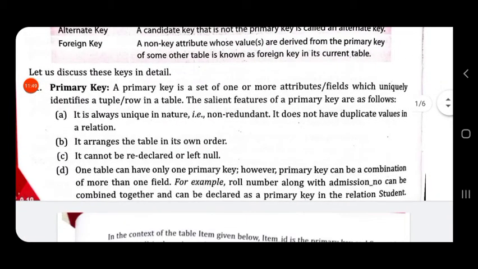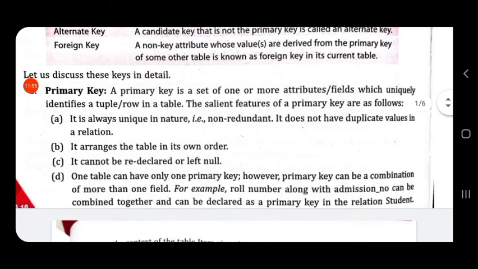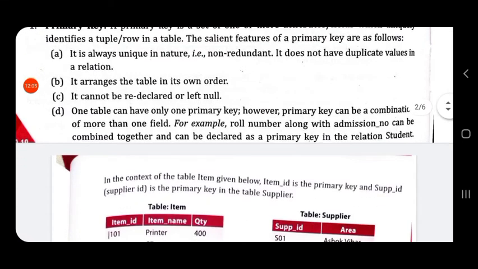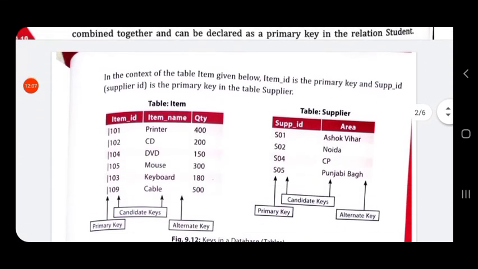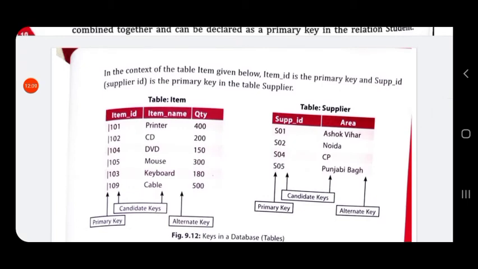Then one table can have only one primary key. However, a primary key can be a combination of more than one field. For example, roll number along with admission number can be combined together and declared as the primary key in the relation student.